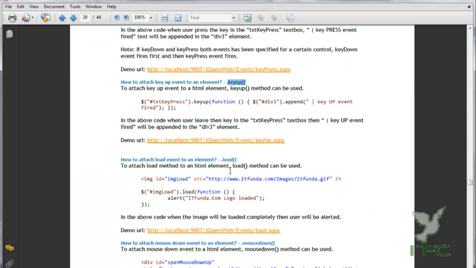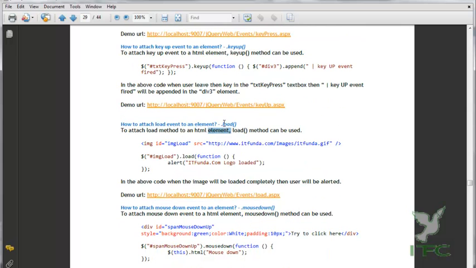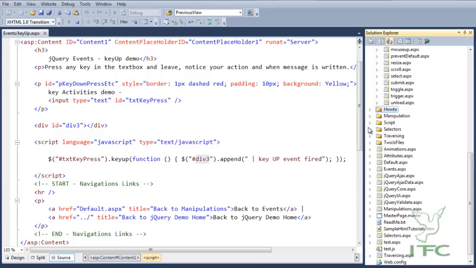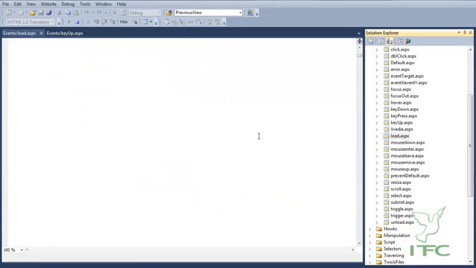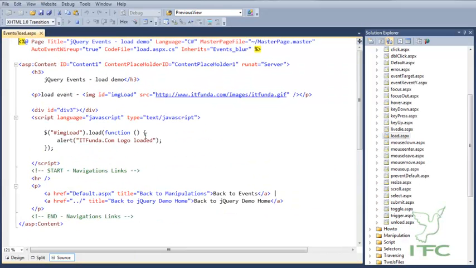The next event is the load event. This is very interesting. So let's see, load. Yes, here I have an image tag. Now when this itfunda.com logo is loaded on this image tag, I want a certain function to fire, and